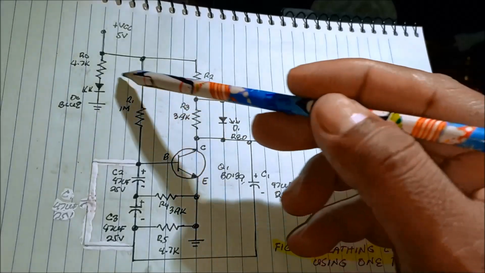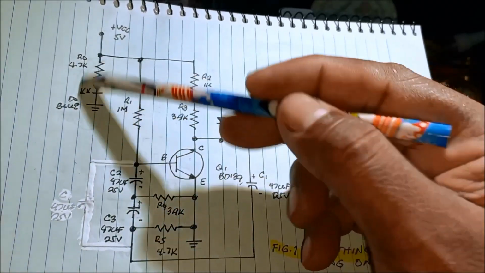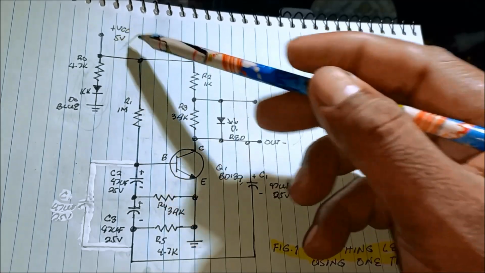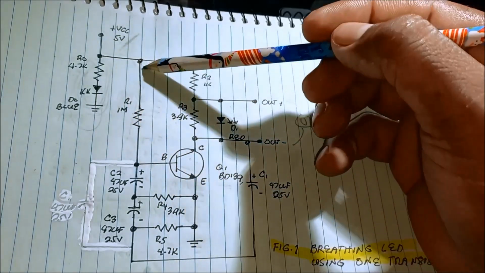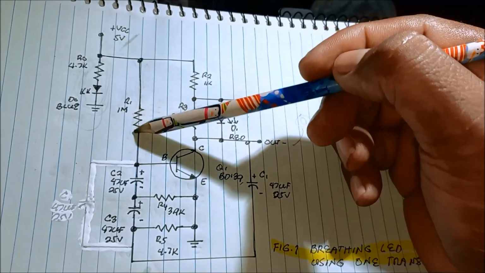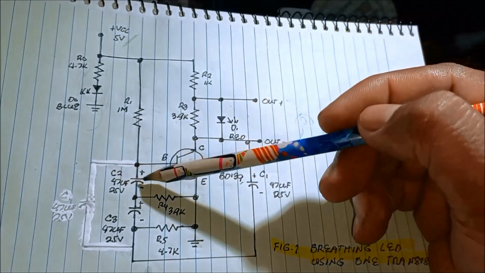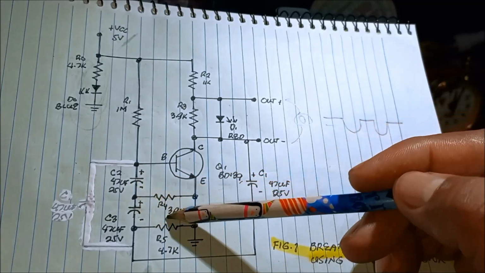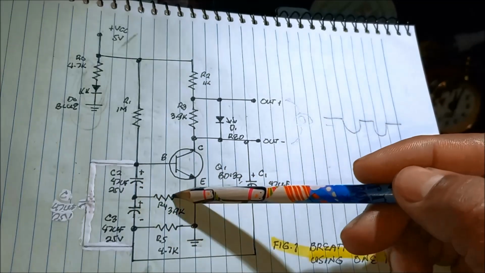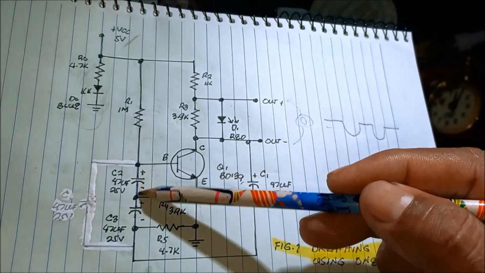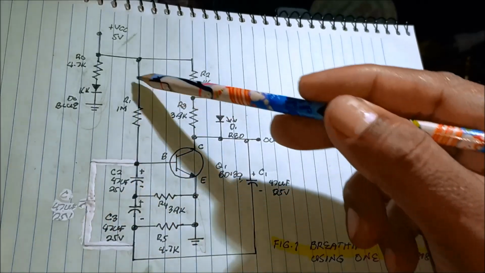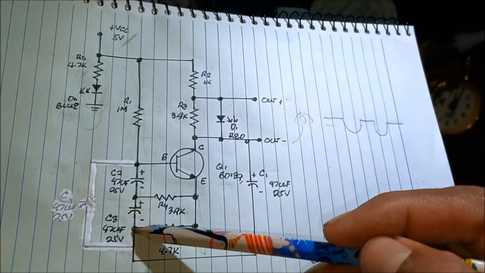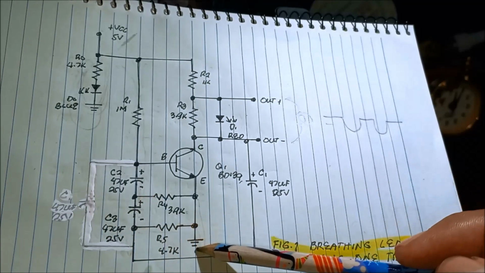So in our circuit we have this power LED that turns on whenever we power on the circuit with 5 volts, and then the current flows into the 1 mega ohm resistor, then to the capacitor 47 microfarad, and then to the 3.9K, then to the ground, charging this capacitor. Also current flows from here and then to the C3 and then to the R5 to the ground,